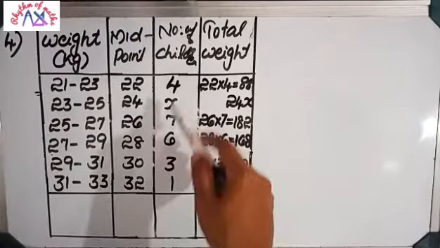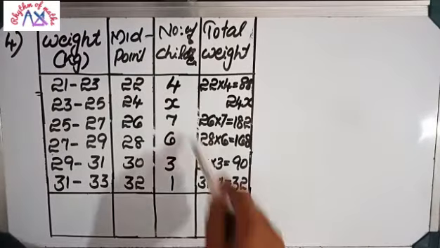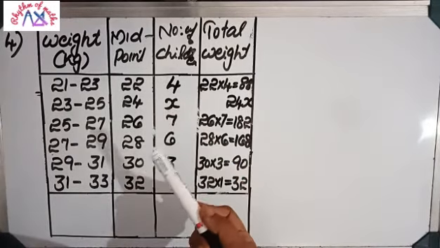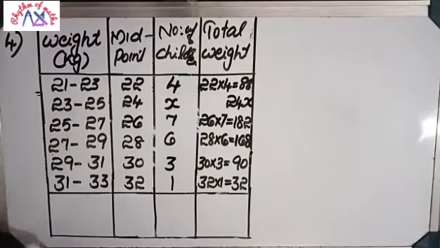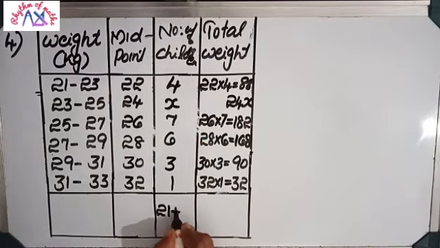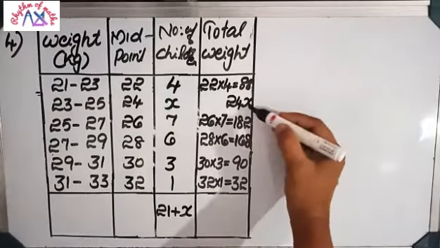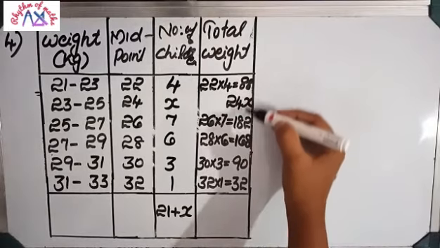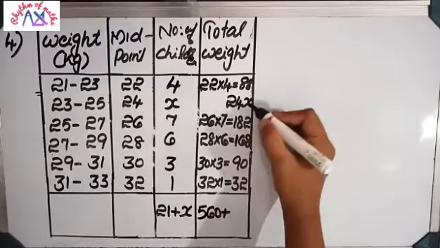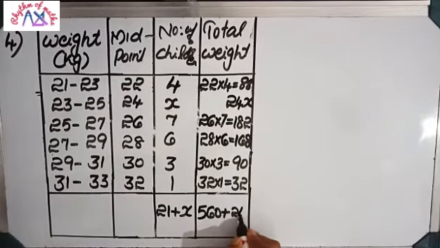This is the total. Now what is the next step? We have to add all these numbers. Now when you add these numbers except x, x is not possible to add, isn't it? So when you add all these numbers, we will get the answer 21. That number we don't know, so we can write it as 21 plus x. Similarly here also 24x we can't add, so just add the remaining numbers. So here you will get the answer as 560 plus 24x. This is the answer we got.